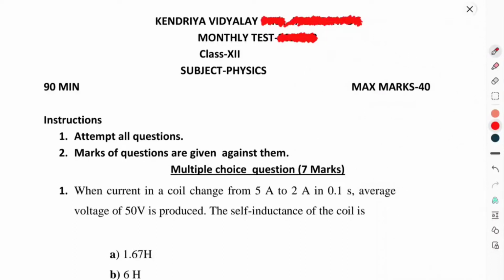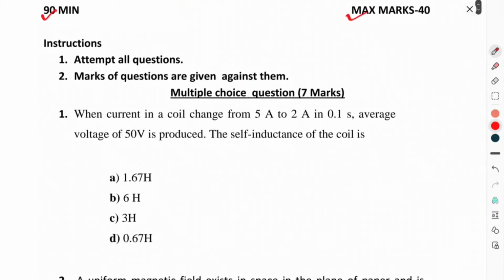आज हम बेसिकली डिस्कस करेंगे मंथली टेस्ट क्लास 12 सब्जेक्ट फिजिक्स। इसको पीरियडिक टेस्ट या असेसमेंट टेस्ट 2 भी कहा जा सकता है। ये आपका 1.5 आवर का है। मैक्स मार्क्स इज 40। चलिए स्टार्ट करते हैं। फर्स्ट ऑफ ऑल वी हैव टू गो टू द इंस्ट्रक्शंस। अटेम्प्ट ऑल क्वेश्चंस, मार्क ऑफ क्वेश्चंस आर गिवन अगेंस्ट देम।